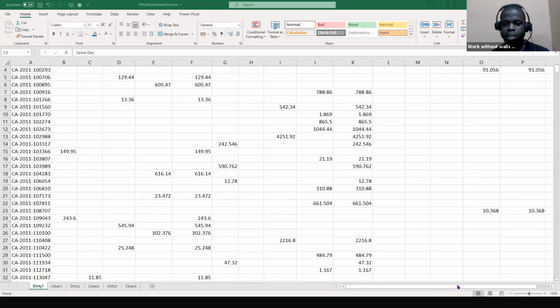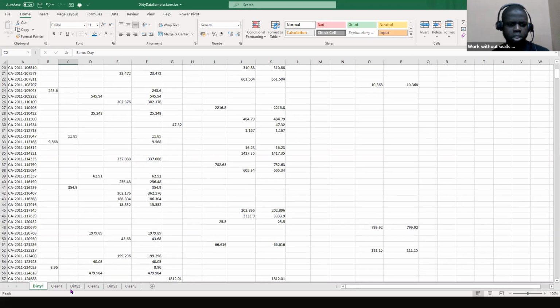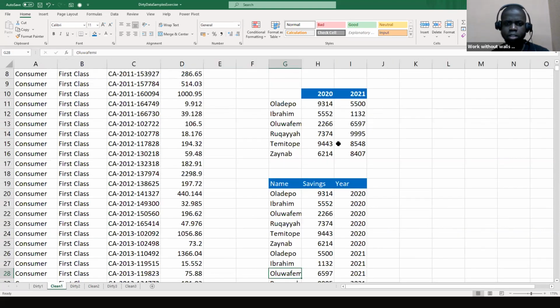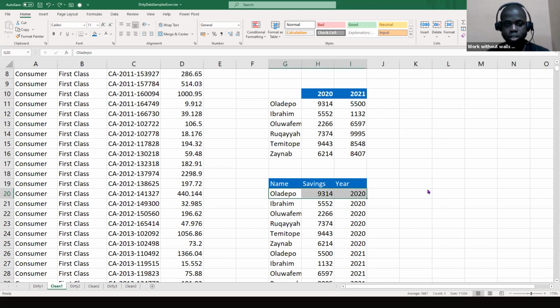Let me go back to my illustration here. Which sheet did I use to illustrate? Oh, yeah, this is it. Some people can do something like this. Control Shift plus, Shift cells down. So they are going to have something like this. They will leave this one. They now say,